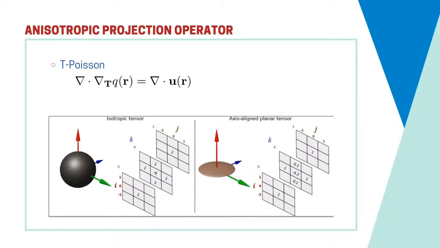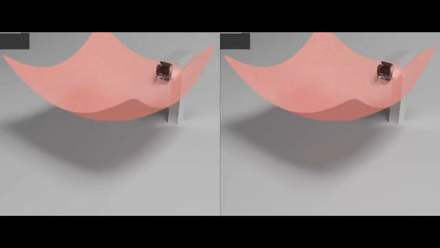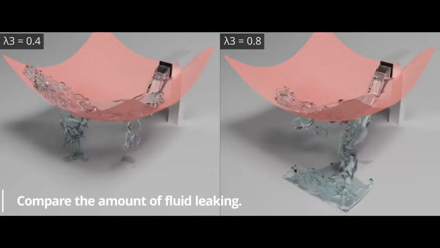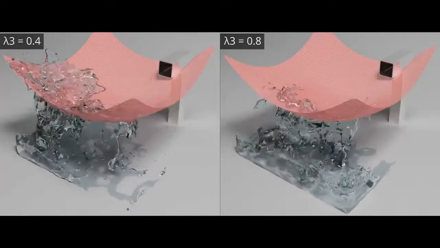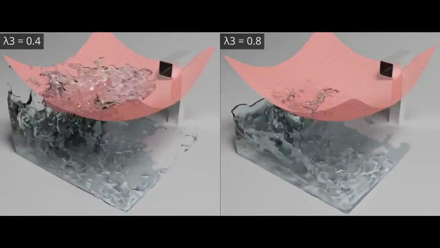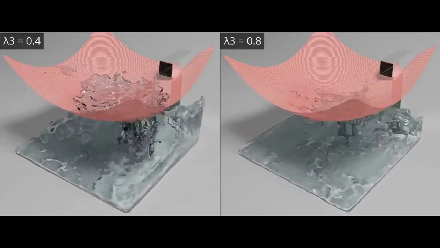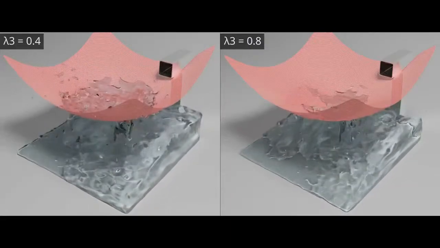If we use a tensor with lambda1 equals lambda2 equals 1, lambda3 equals 0.1, and the eigenvectors aligned with the canonical axes, we can observe a variation corresponding to lambda3 and the vertical eigenvector. The cloth experiment shows us the applicability in simulating some permeable materials, and the modeling was made using a parametric paraboloid as a planar tensor layer. In this video, we can observe how the eigenvalue parameter influences the simulation and changes the behavior of the material